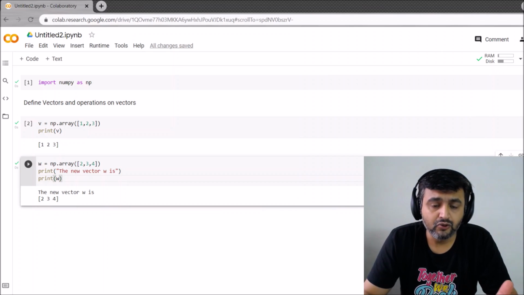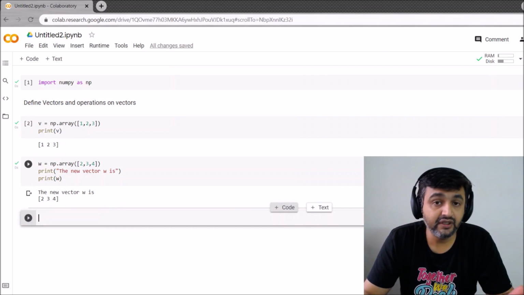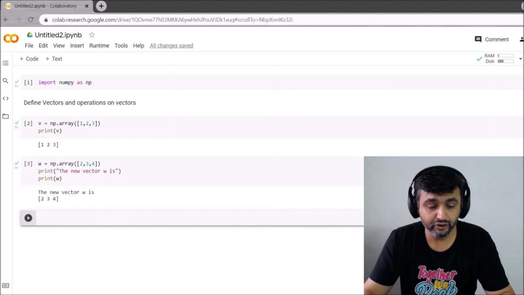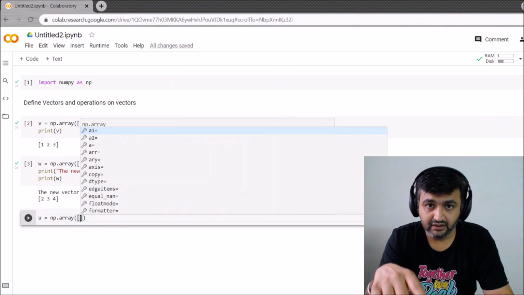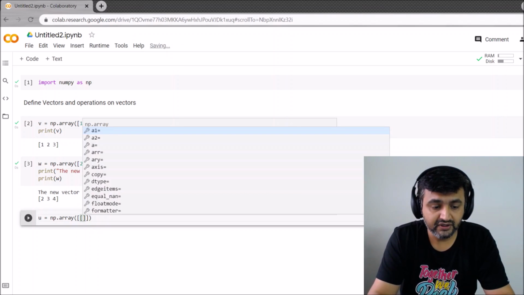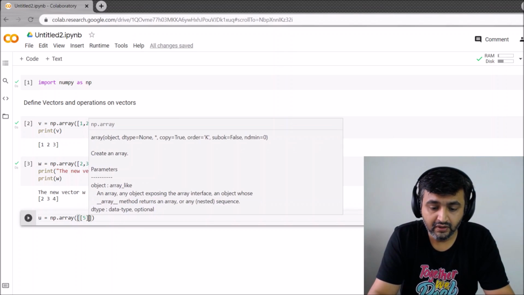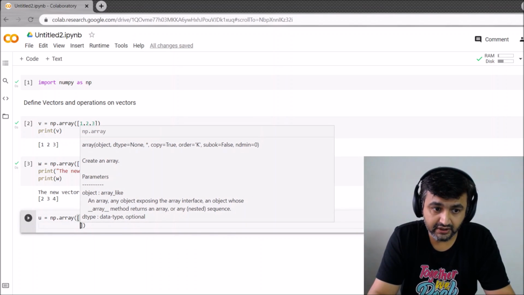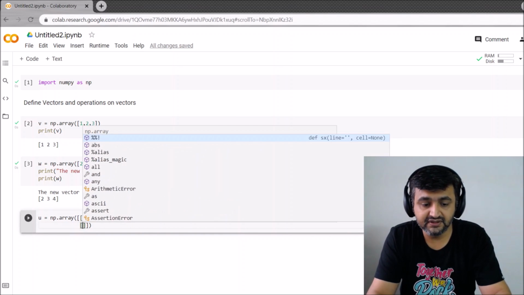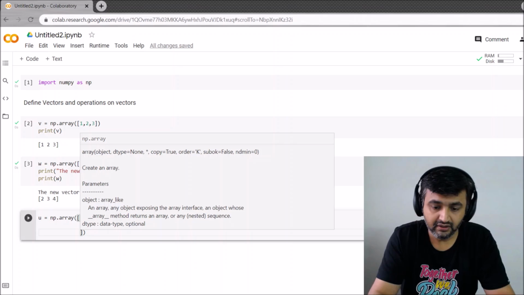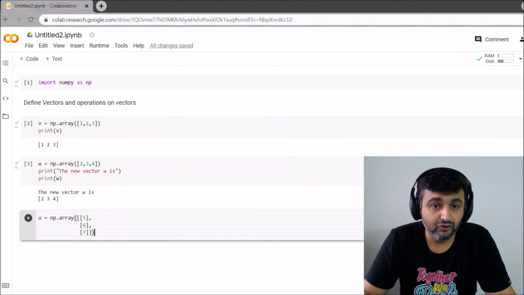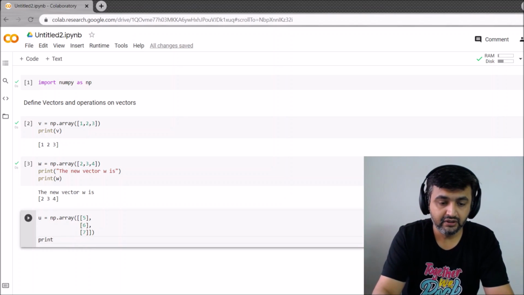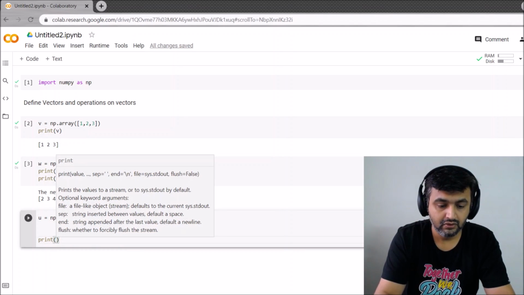So you can see that here the output of the vectors are row vectors. But what if I want a column vector as an output? So let me call u equal to np dot array, then open the bracket, open one square bracket. In that, the first row I want is a number, suppose 5, then comma, then enter. Then the next row I want 6, then comma, enter, and the next row I want 7. So that's what my u vector is, and now I want to print u.